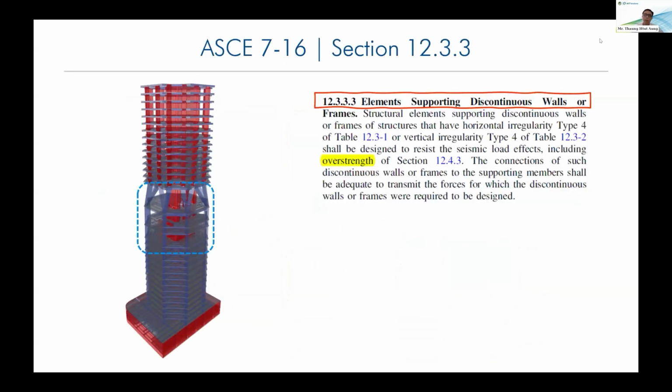Another thing is the omega factors. When we design the building members, structural components which need to remain elastic, or which need to be designed to resist the maximum seismic force demand during the earthquake, we need to use the omega factor, the overstrength factor. The overstrength comes from the material overstrength, and also in our design we have some safety factors like the load factor. We increase the loading with the load factors, and also we have the strength reduction factor, and also our